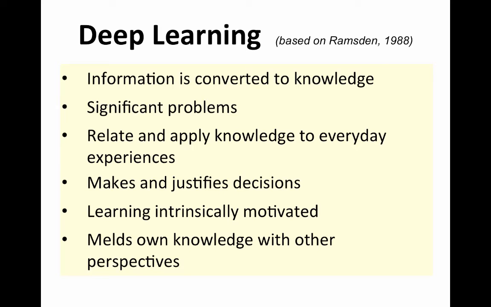In deep learning, it has to be intrinsically motivated. Deep learning doesn't happen due to external rewards. You learn in this deep kind of way because you really care about learning and care about being able to do the kinds of things you can do with deep learning. And part of the process is being able to take your own knowledge and be able to incorporate other perspectives into that knowledge and know how all of these different pieces of information fit together. So this is the goal we're going for. And again, this can only happen if you are an active participant in